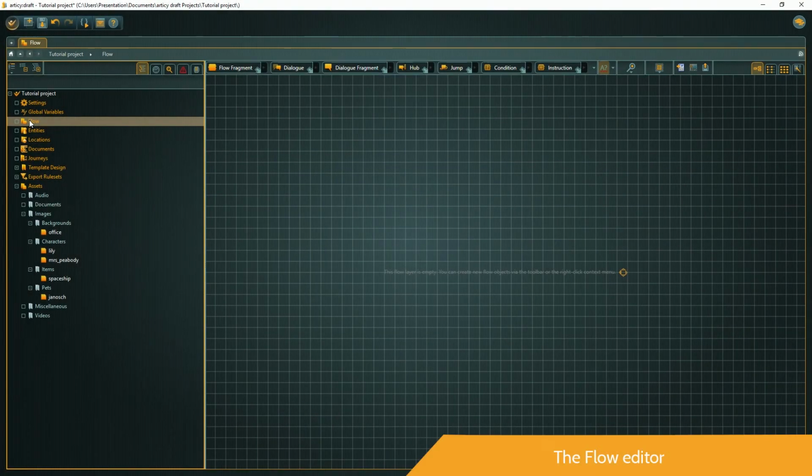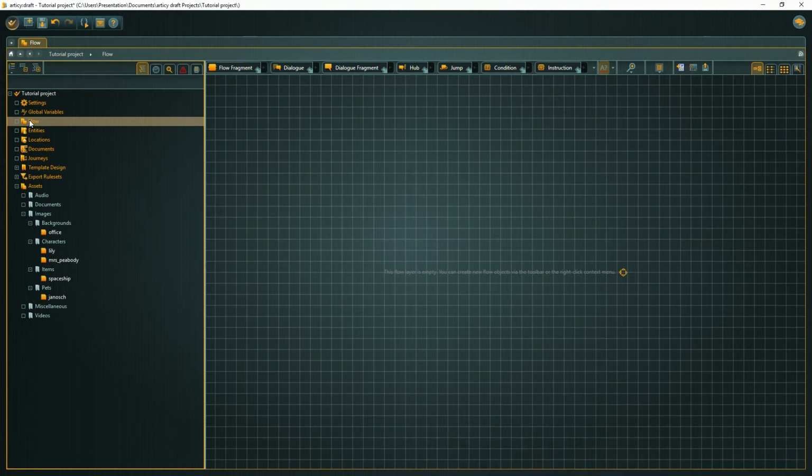Now it is time to start working in Artasy's flow editor. I already spent some time thinking about the structure of the game. The first part of the game, the introduction so to speak, consists of 2 missions, each of which will be introduced via dialogue. It is good to already have a broad concept in mind when starting a project in Artasy. Of course you can extend and manipulate the flow and other elements as you go, but it will greatly ease your efforts if you come prepared.